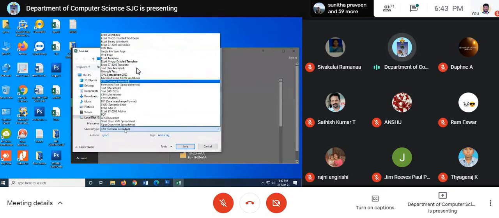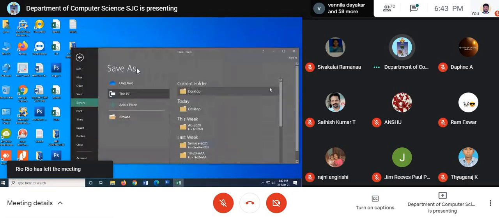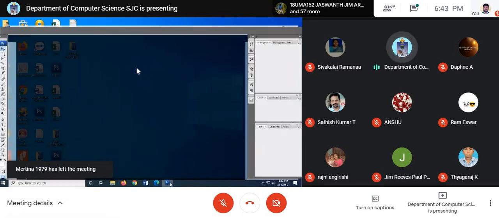Now look here. There are 2 formats: one is text, tab delimited, or CSV, comma delimited. Press OK on any of these files. Then save it continuously. You'll have to press save. Then come back to Photoshop.